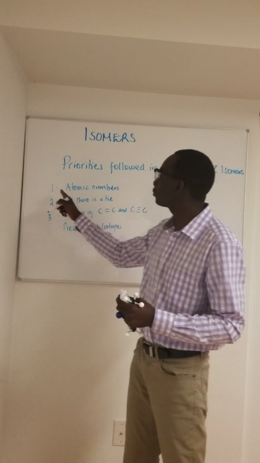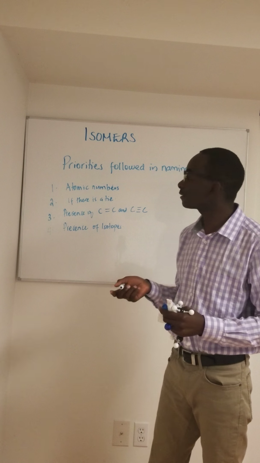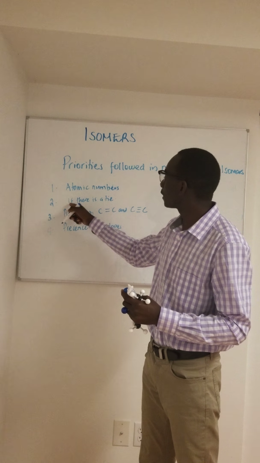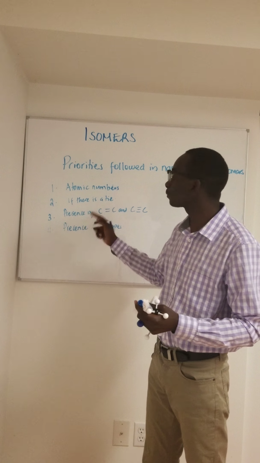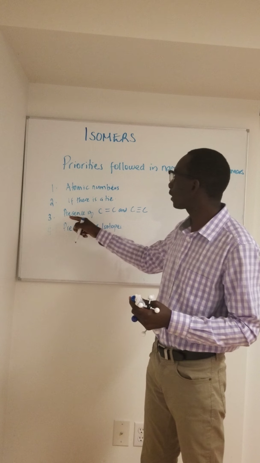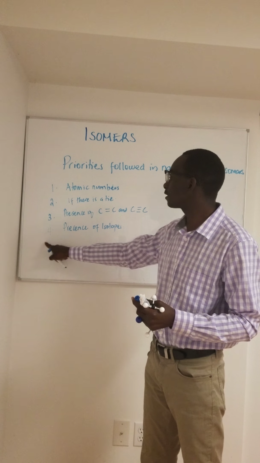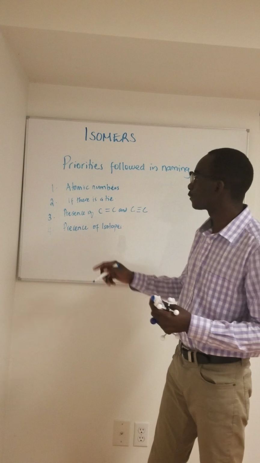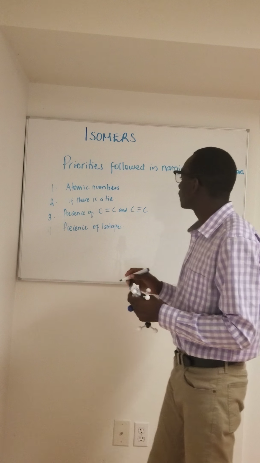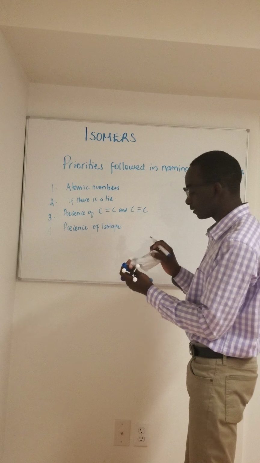The first priority, we shall look at the atomic number. The second one, if we have a tie, what do we do? Then on the third, we shall look at the presence of a double and a triple bond, and lastly, the presence of any isotopes. Now, to begin with the atomic number, if I have a structure like this,